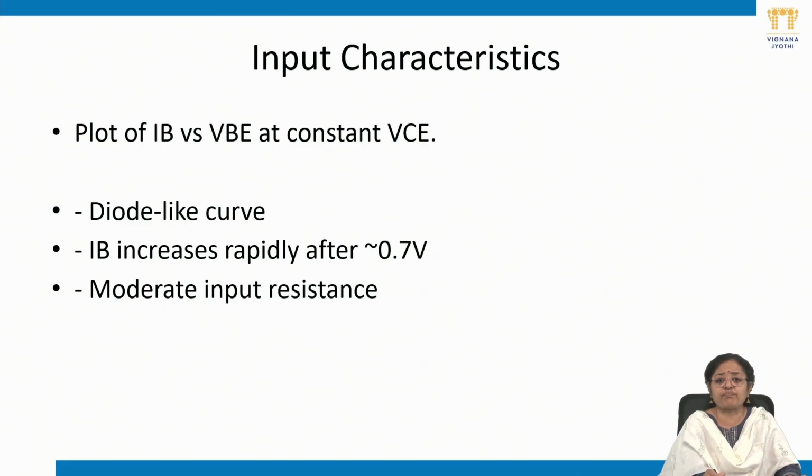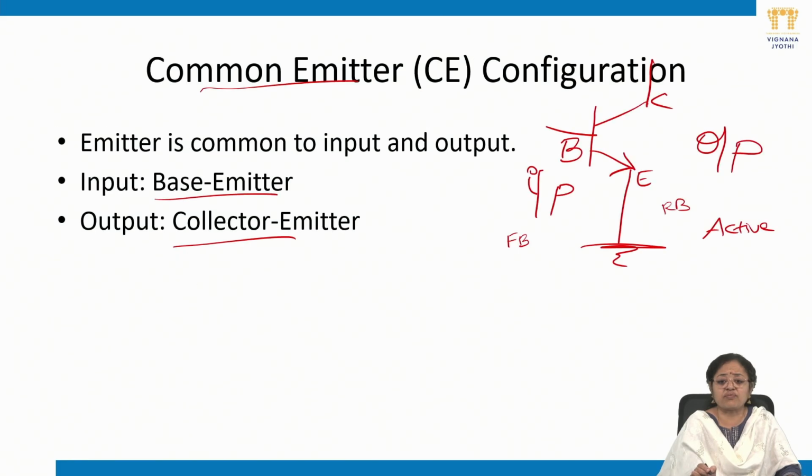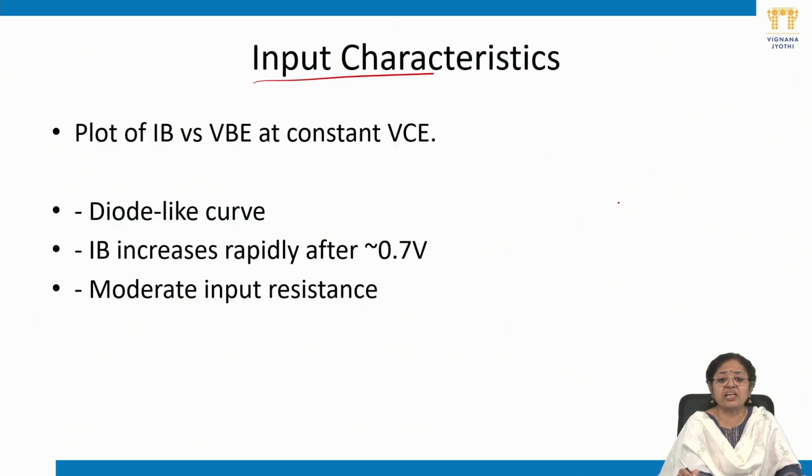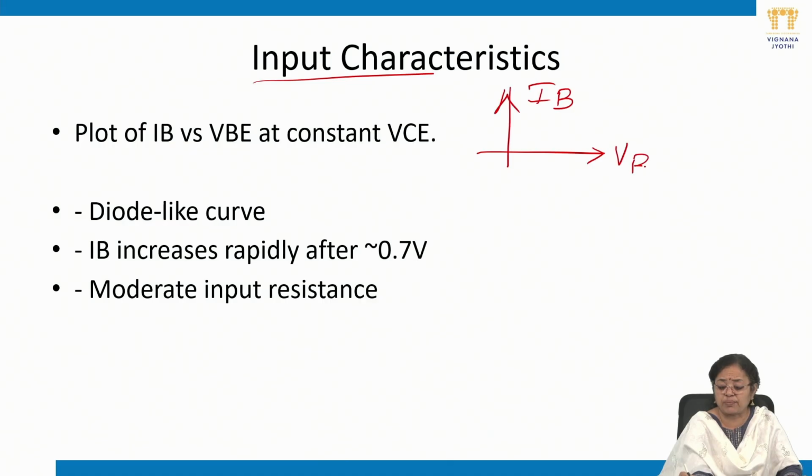Here we can obtain, like in CB, input characteristics and output characteristics. First let us see the input characteristics. This is a plot. At the input side we have the base current, that is IB. Input current is the base current and input voltage is the base emitter voltage VBE. Hence the characteristics curve is between IB, the base current, and VBE. The plot of IB versus VBE for different values of output voltage VCE gives the